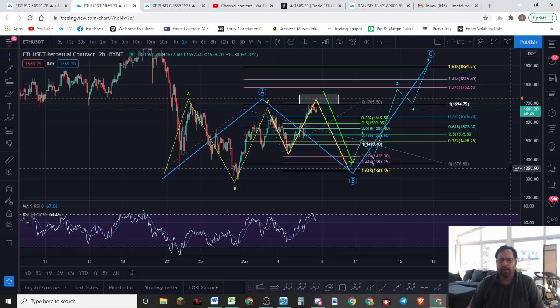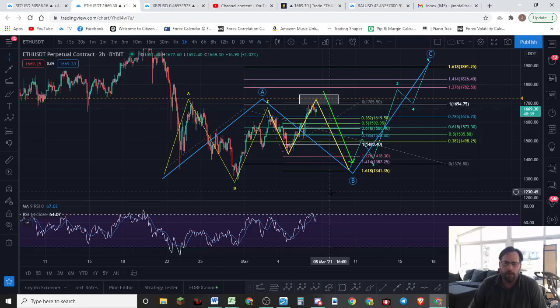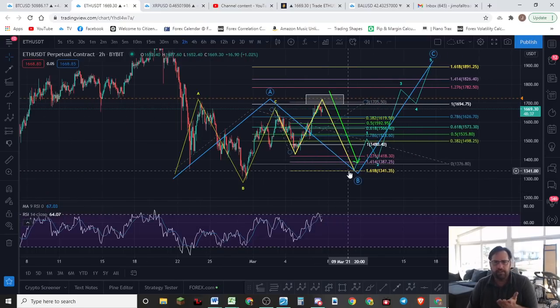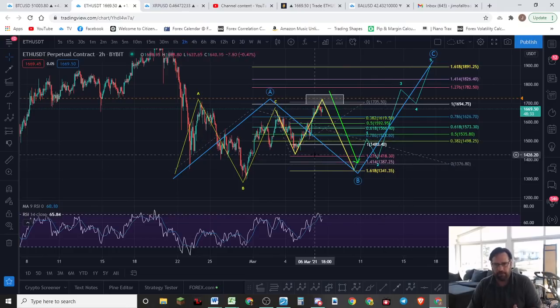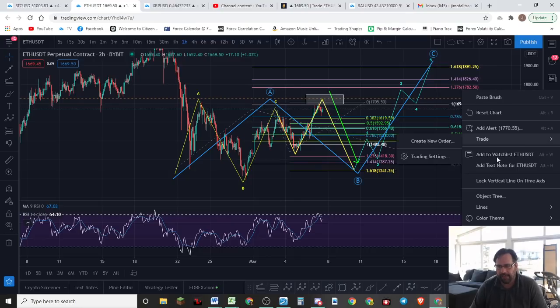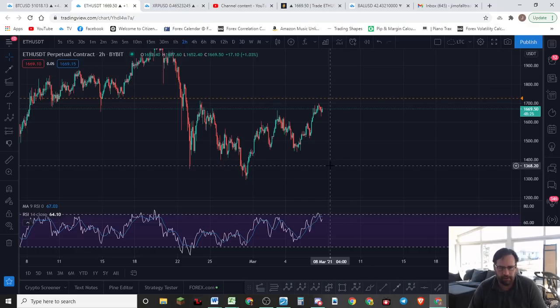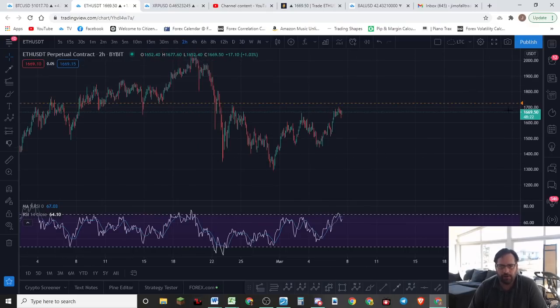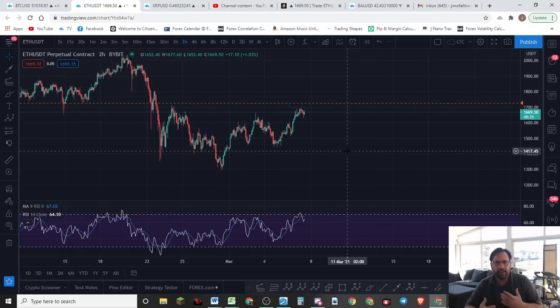Okay, guys? So we're looking at Ethereum this morning, and we're going to look at Bitcoin and see what they're doing. Right now you see a very complicated pattern on your chart. So I'm going to take it all away, and I'm going to rebuild it for you so you can see and understand every aspect of it. Let's just clear it all off. What I usually start with is I just identify all the fives and the threes and understand how they're working together.